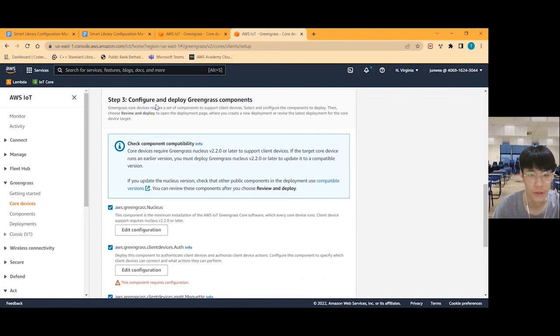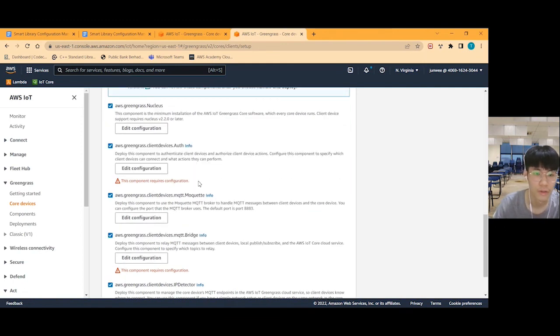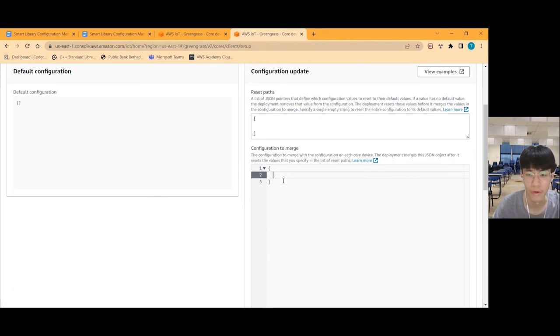Now to configure and deploy the Greengrass component, we need to configure the client device and MQTT bridge. We edit the configurations and copy the code to here. The code I will show here.